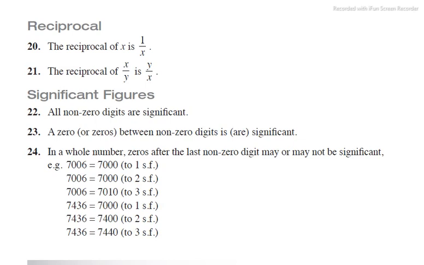of a number means one of that number. If we have 2, the reciprocal of 2 will be 1 over 2. Why do we say 1 over 2? Because we very well know that